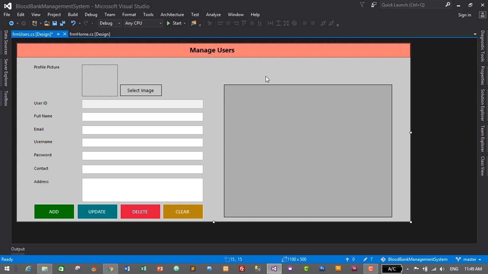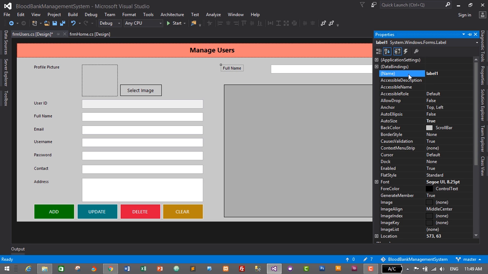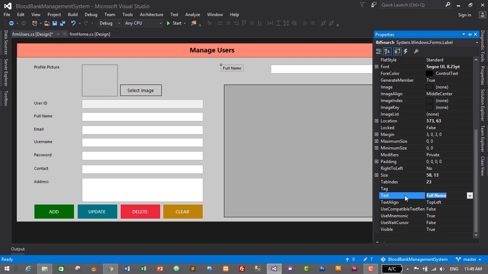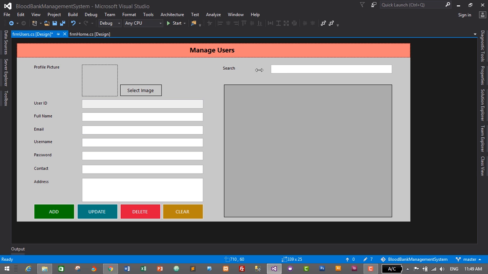And the last thing we need to add is a search area to search the users. So I'll just copy one of these text boxes, Ctrl C to copy and Ctrl V. I'll move here, and let's change the label here. So I'll change its text from full name to search. So select the label, go to properties and change its name from label 1 to lbl search. And then let's change the text from full name to search, and then let's make it a little bit